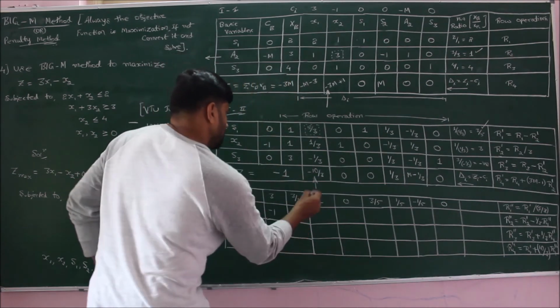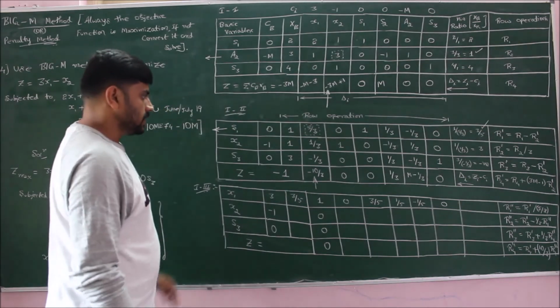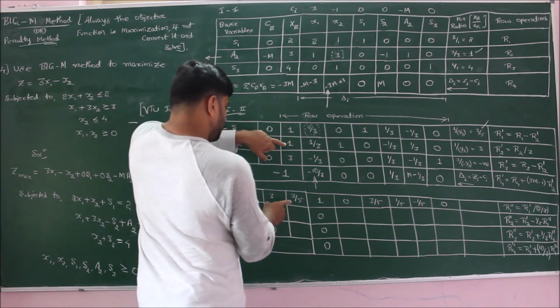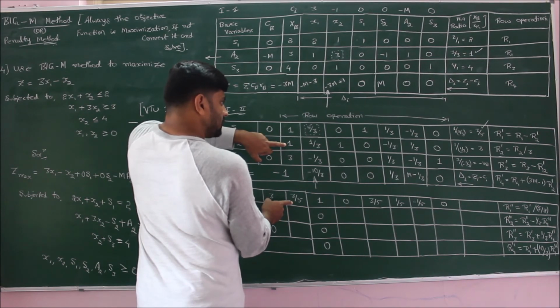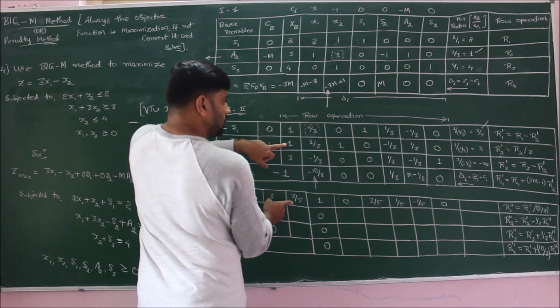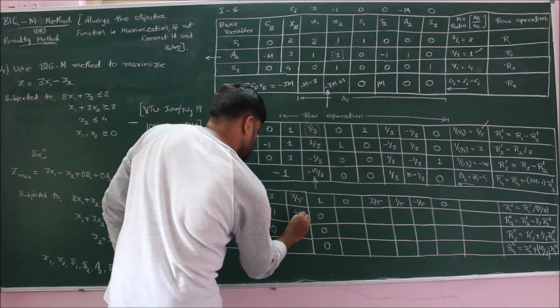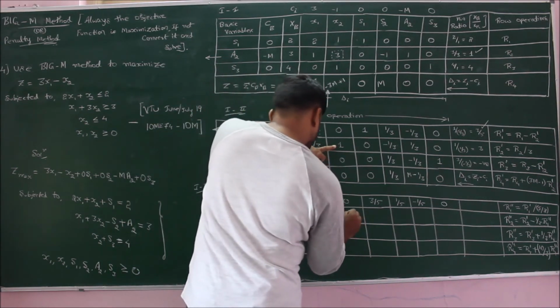So thereby I can make these values as zeros. Let us perform the operation for row 2. Here I have 1, here I have 3 by 5. So therefore 1 minus 1 by 3 into 3 by 5. So 3 will get cancelled. 1 minus 1 by 5. 1 minus 1 by 5 is nothing but 4 by 5. Here also 1, so therefore I will get 4 by 5.